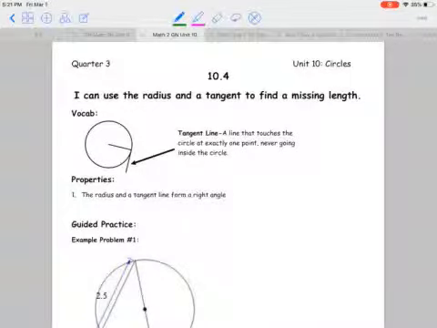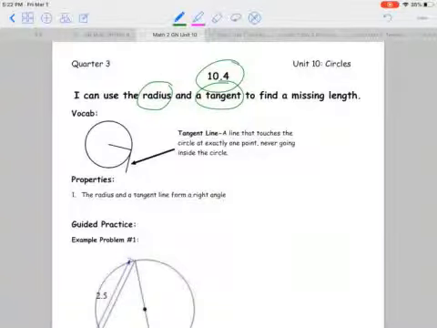Okay, even easier, 10.4 I think is the easiest section in this unit. And we're looking at radius and tangents. So tangent lines are just barely going to touch the circle right there. So this is still the radius, and the tangent line doesn't go through the circle, it goes right on the